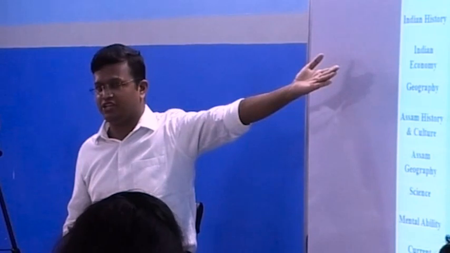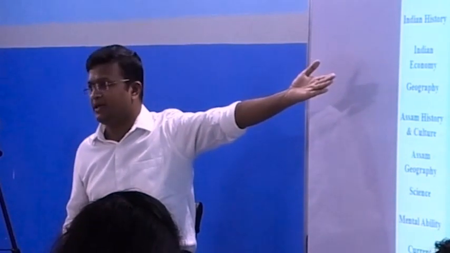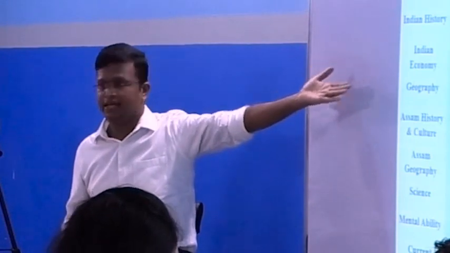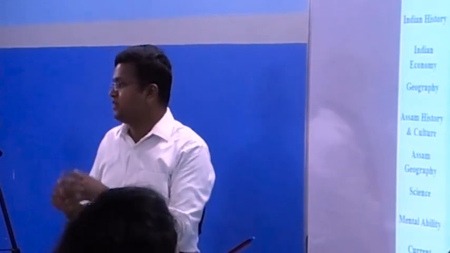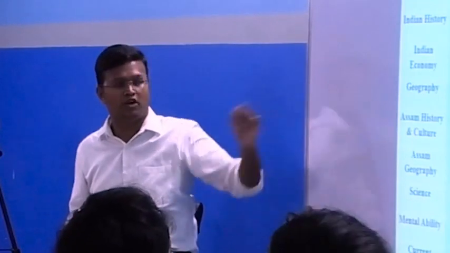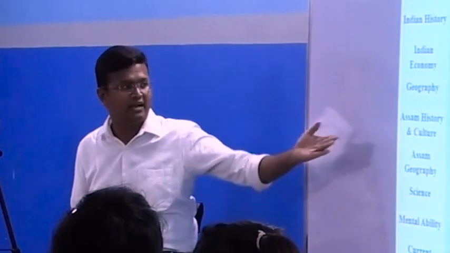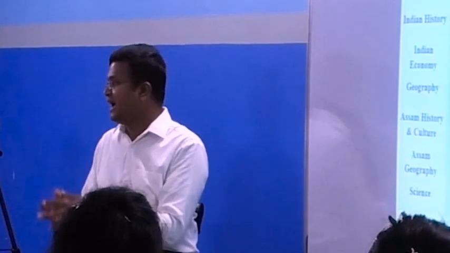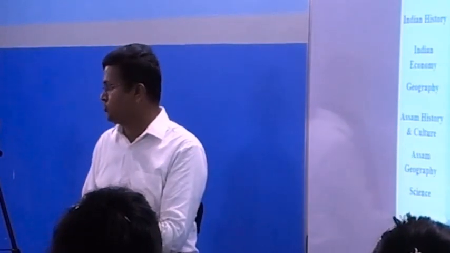What is the name of the ancient India? Satish Chandra's medieval India and R. Sharma's ancient India. For Indian economy, people are mostly using Ramesh's Indian economy. For geography, Majid Hussain's geography or the NCERT geography school books. And for Assam history and culture, I exactly don't know the books. It's a comprehensive history of Assam. I don't know the name of the author. If you search on Amazon, you can get the comprehensive history of Assam.